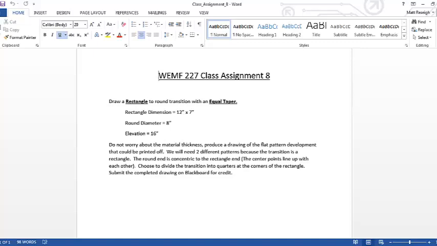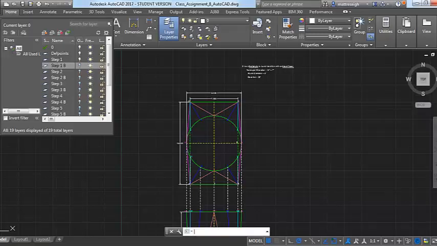It's going to be these dimensions, 12 by 7 rectangular, which could be drawn any way in AutoCAD. And you'll see when I bring up AutoCAD the way I chose to draw it. It's got a round diameter of 8 inches, and it has an elevation of 16 inches. So when we go over to AutoCAD with those dimensions,